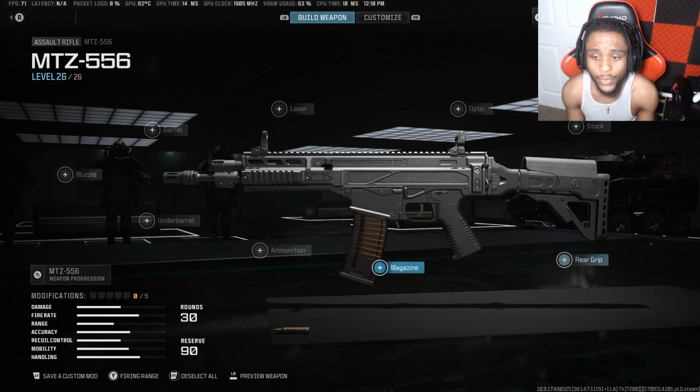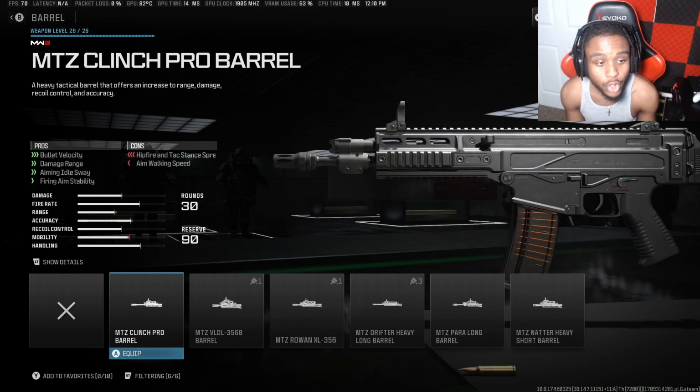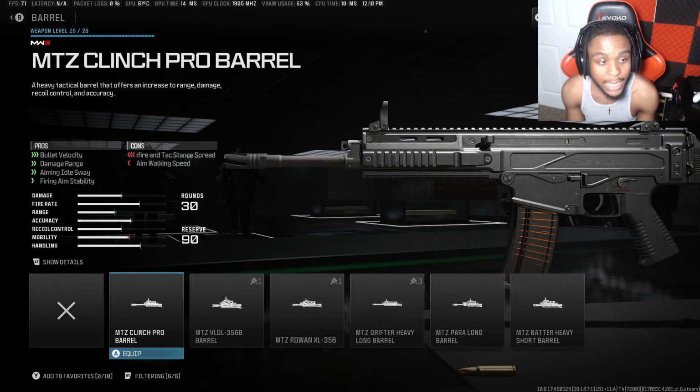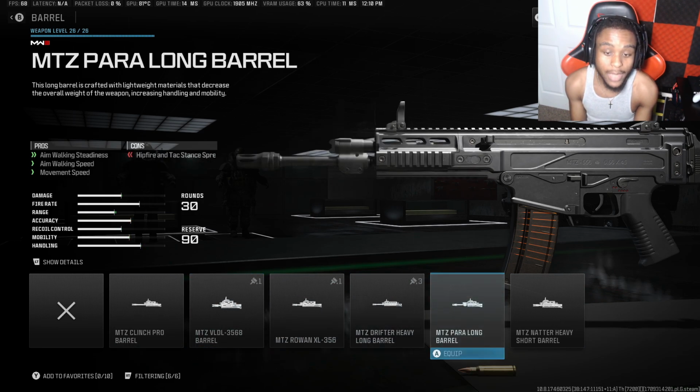All right. First thing you want, when it comes to anything dealing with range on a weapon, we're going to be talking about the barrel. So we're going to first start off with the barrel. We're going to pretty much go through and look for the barrel that has the most increase on specific stats. So when you go scrolling through these attachments, once of course you get them all unlocked, obviously I have them all unlocked,